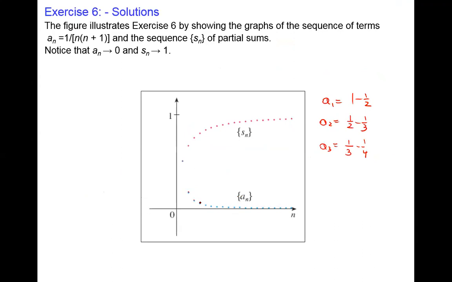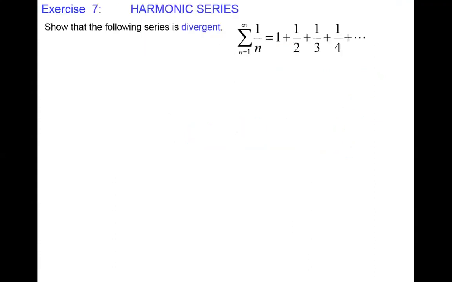As you can see, that's the terms a sub n. But when we add them together, we create this. It's just a nice visual explanation. Okay, now that's what we know. We know the geometric one. We know the telescoping